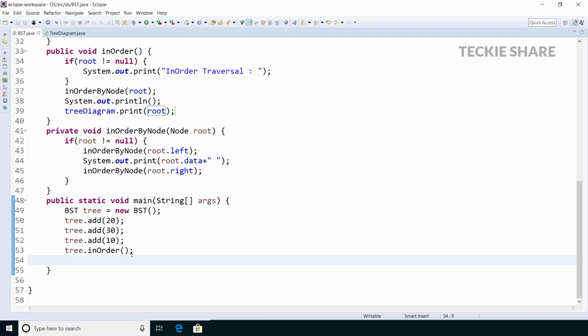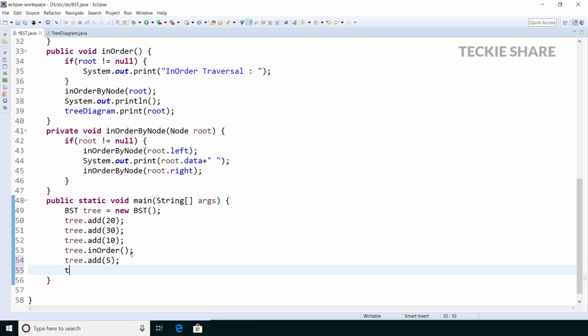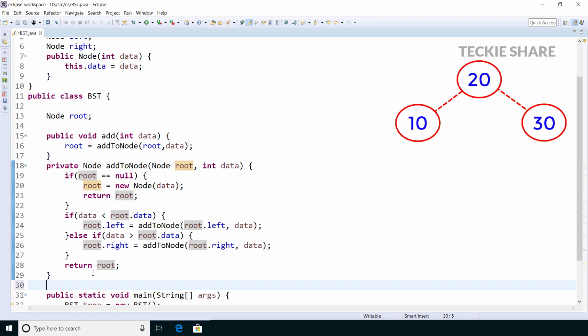Now I'm going to add some more data, let me try with the value 5. So how the flow will be, I'll tell you. Initially there was data, so the comparison will take place, 20 versus 5. 5 will be the lesser value, obviously the flow will be to the left side. Again there is data, so 5 versus 10. At that time 5 will be the lesser value, obviously it will go to the left side.